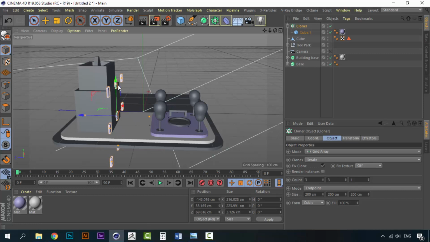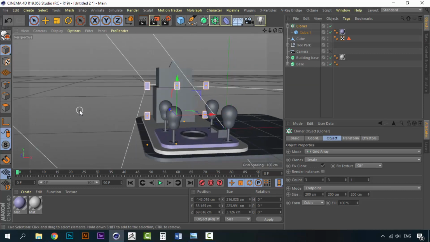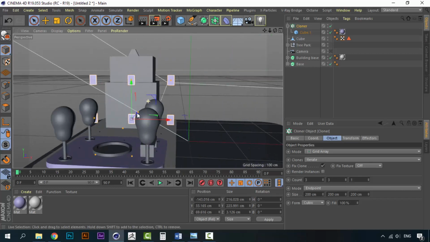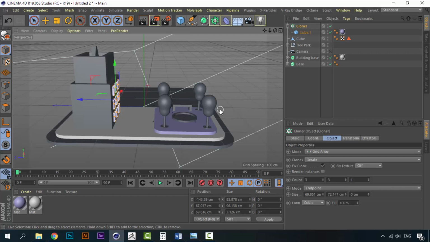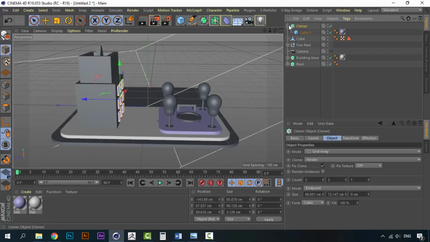like this, and we can play around with the separation of all of them. We can do this by clicking on these little yellow dots. We can narrow the space like this. Let's actually make this closer, just like this. Alright, we have our first set of windows, so we can duplicate this